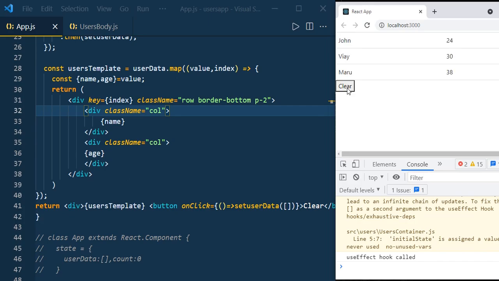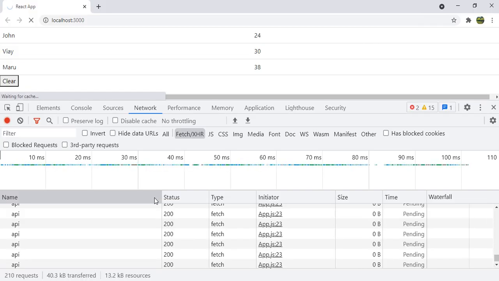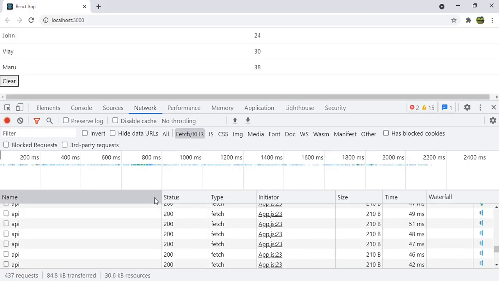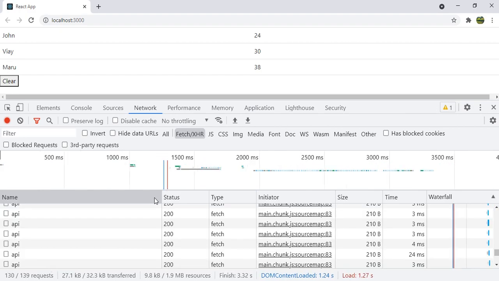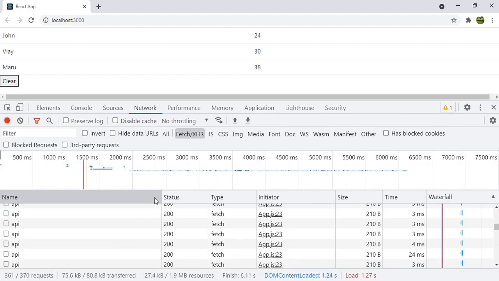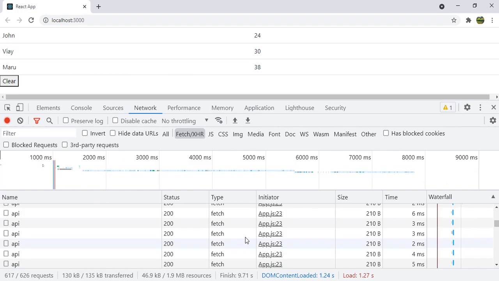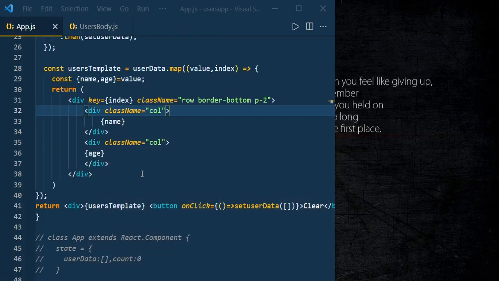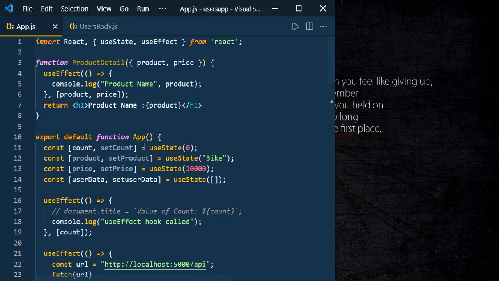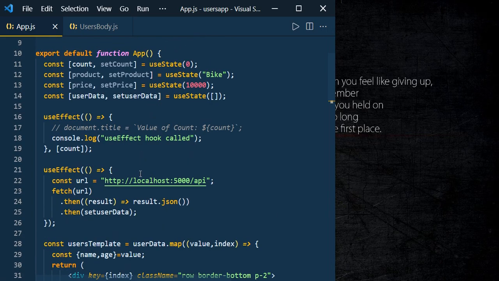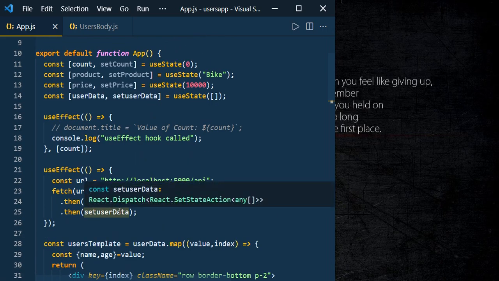So whenever you don't provide the dependencies, what is happening? This use effect function is making this API call to fetch the data infinitely, which means the use effect function is firing again and again. Because whenever we get the data from the API, we are setting the data to the state.